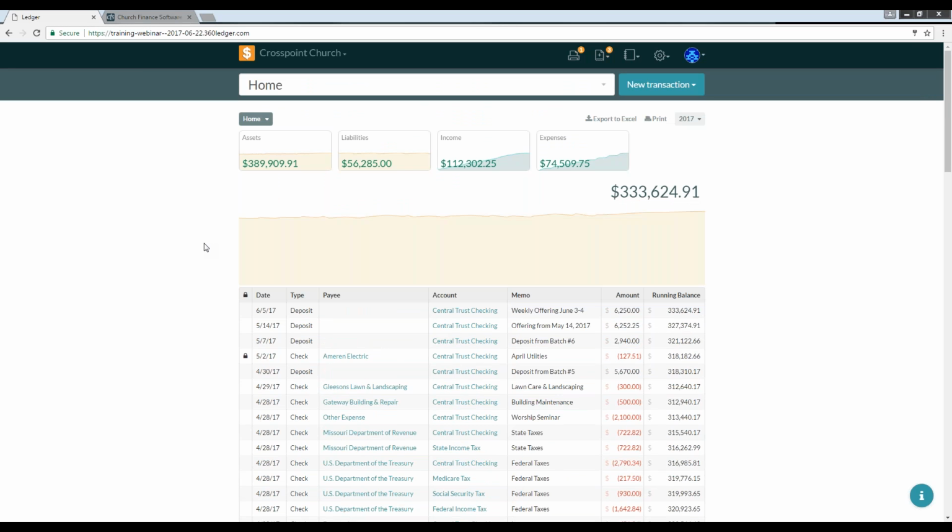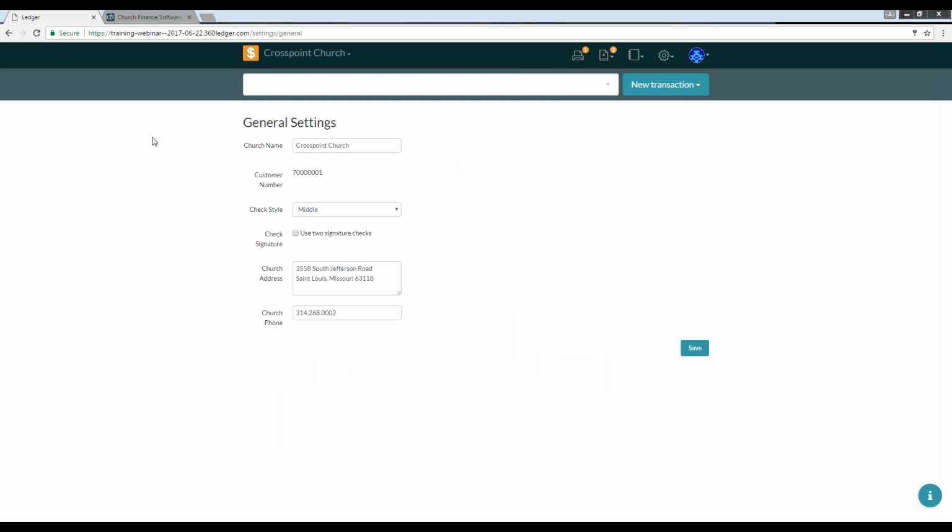So first and foremost, what I'm going to do is take us over here into the settings area. And we're going to start off by going down to the general area. Now, very simply, this is just the name of the church. It's something that you'll fill in when you're starting your trial or the beginning of your time with Church360 Ledger, and you'll fill out this information here with address and phone number, and then this is where you can also select your